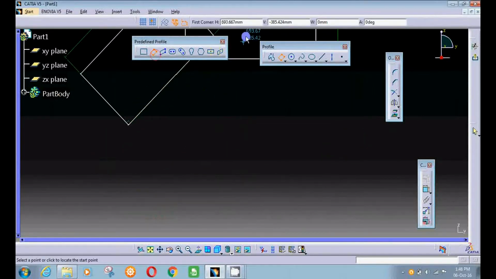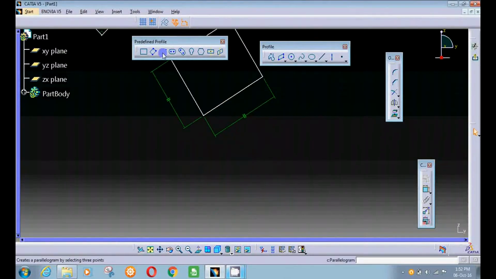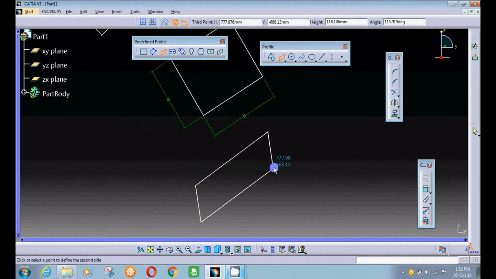You can make it by the coordinates or other values from the sketcher tool. The next predefined profile is parallelogram. In a parallelogram, two lines on opposite sides are always parallel.